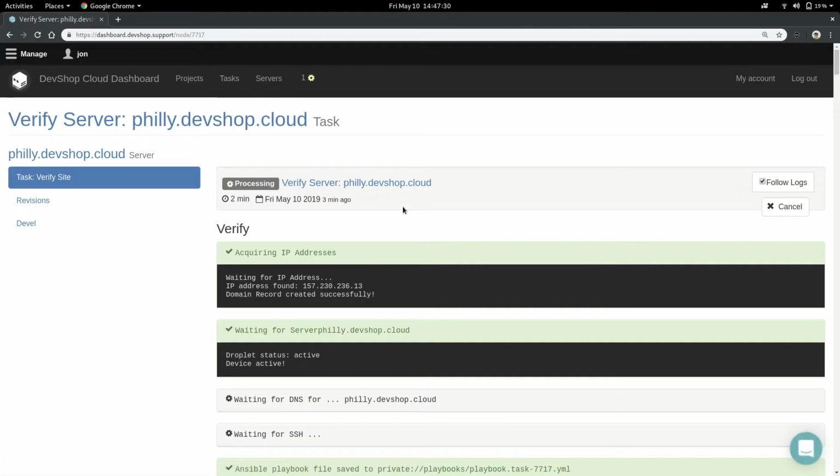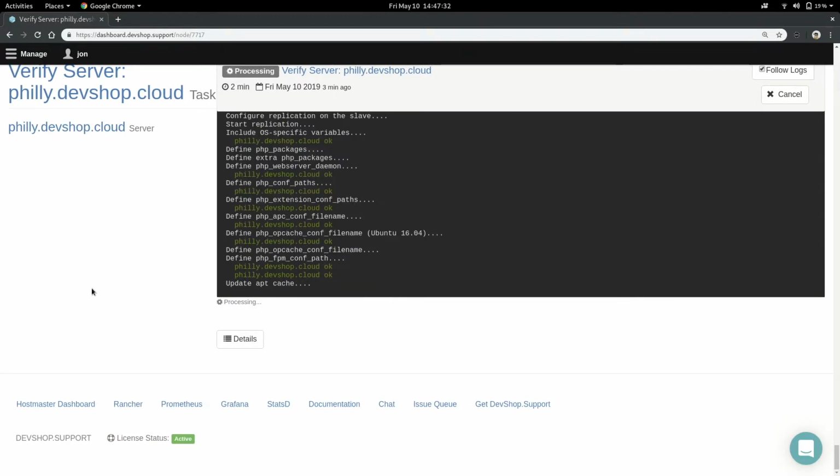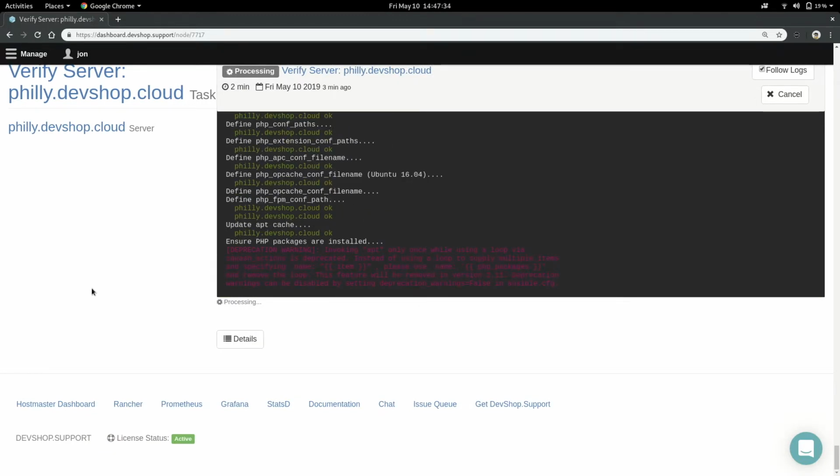So this thing just built itself. It just built a new DevShop server. This is our central master. It creates new droplets and installs, in our case, DevShops on them, but it can install any role. So if I go to Philly DevShop and I buy one, I get a whole server, and then I can create other servers. Well, yes, you can actually. But that's the tricky part. How do we